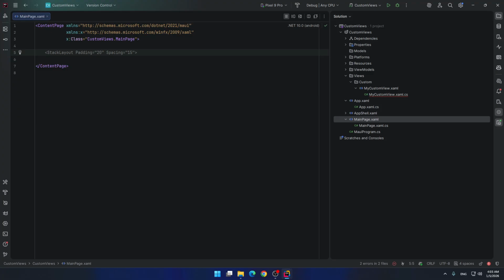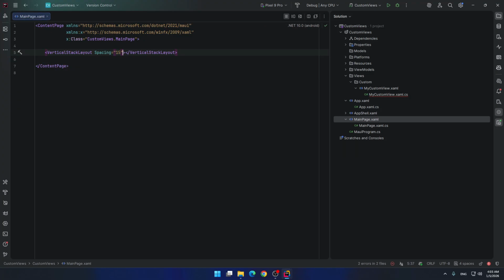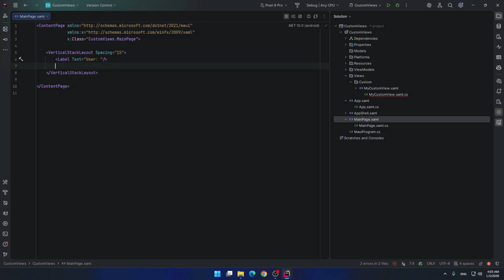Maybe we can create card component, so we need to use this card component in our whole application. So we don't need to copy code whatever is inside my custom view. So let's make vertical stack layout. Give it spacing 15. Let's create label text user, for example, and let's set our custom view.